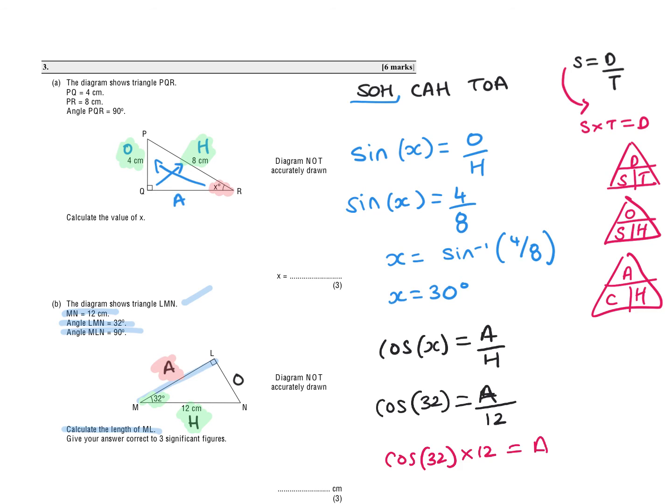Cos 32 times 12, and I get 10.1765... I then read the last part of the instructions. Give your answers correct to 3 significant figures. The first significant figure is tens. Second significant figure is unit. Third significant figure is 1 decimal place. So for this question, I have to round to 1 decimal place, which is